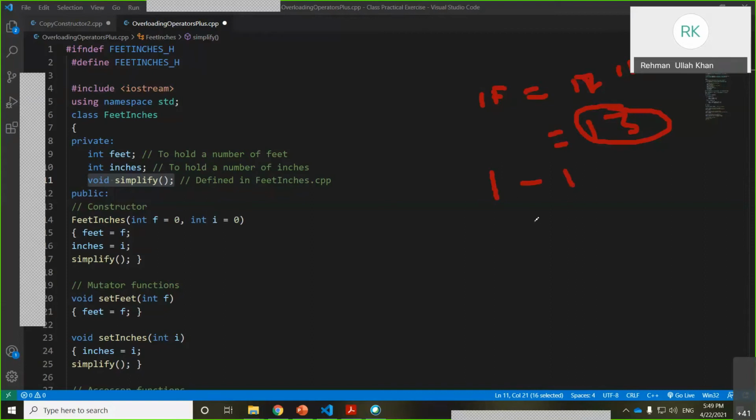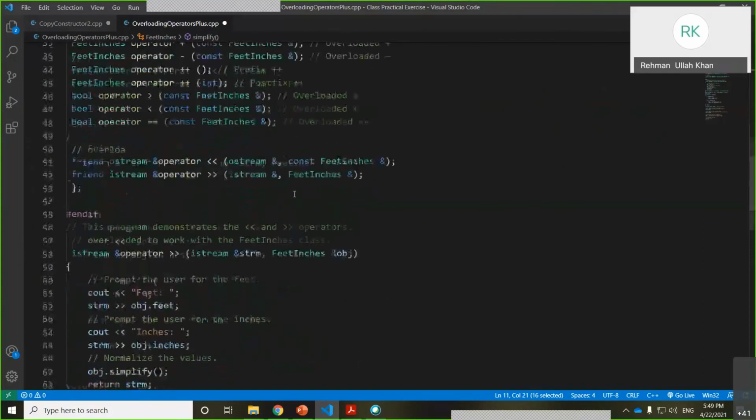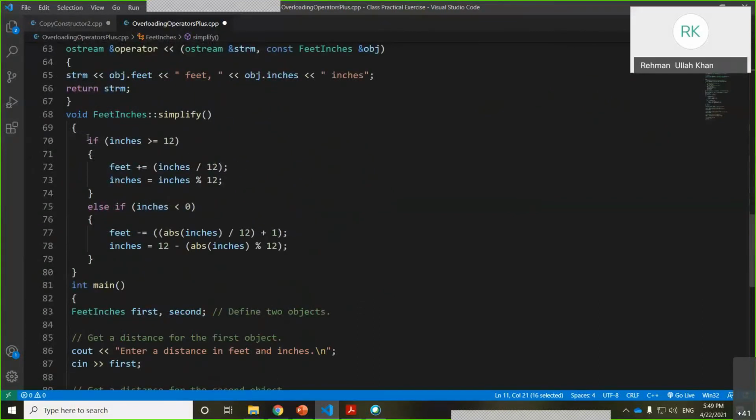If someone enters less than 0 inches, in negative, then the system should have a mechanism to adjust the inches and feet. For that purpose, we have this simplify function, and the coding of simplify function is this one. You see, it's the same thing. If the inches are more than 12, what you do is increase the feet by what? Divide the inches by 12.